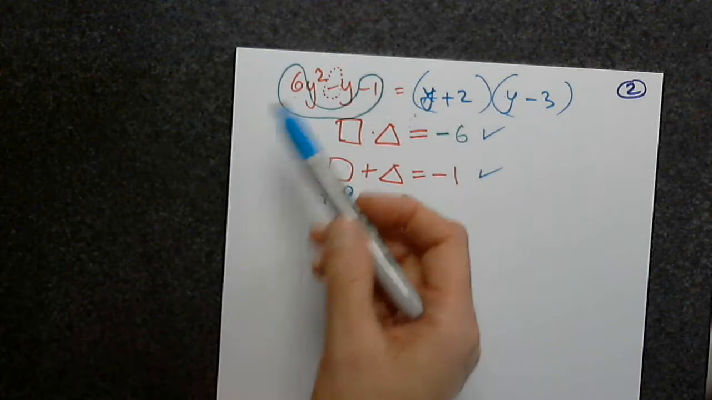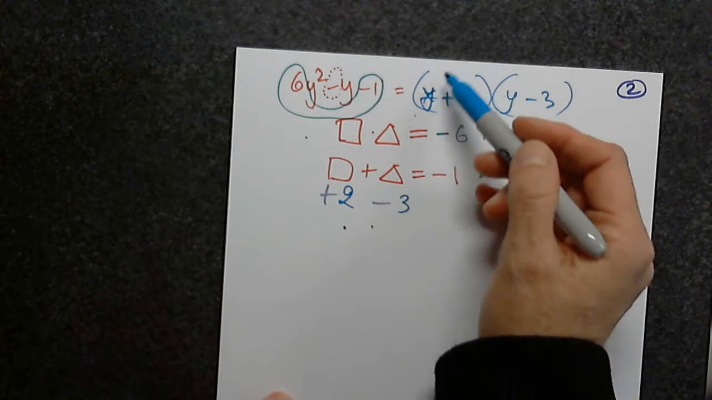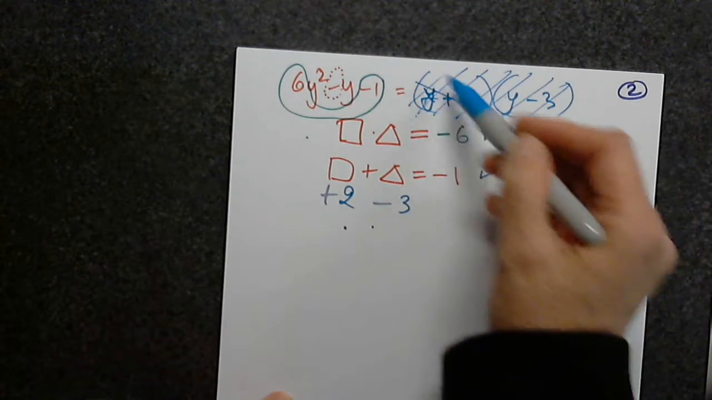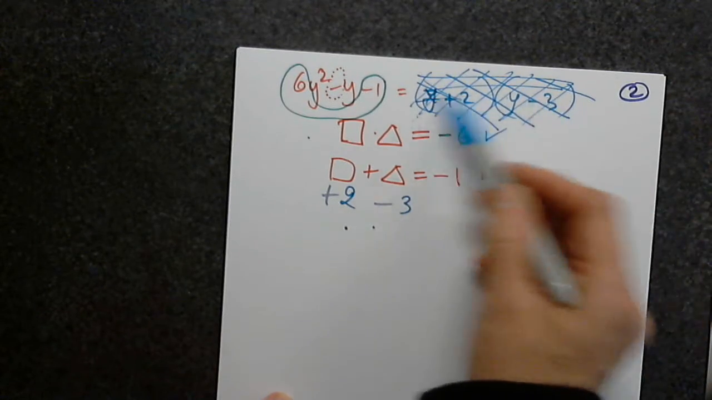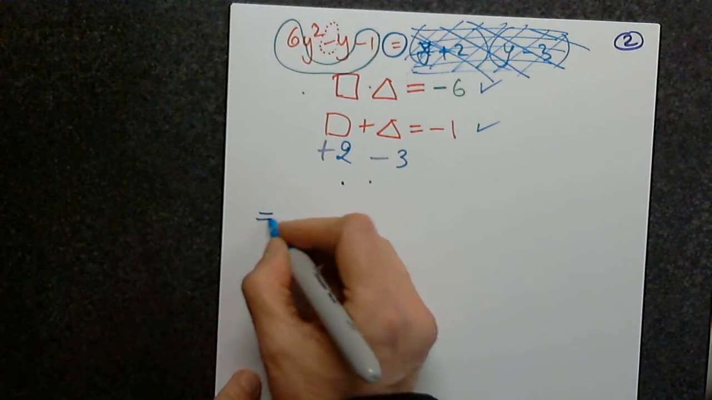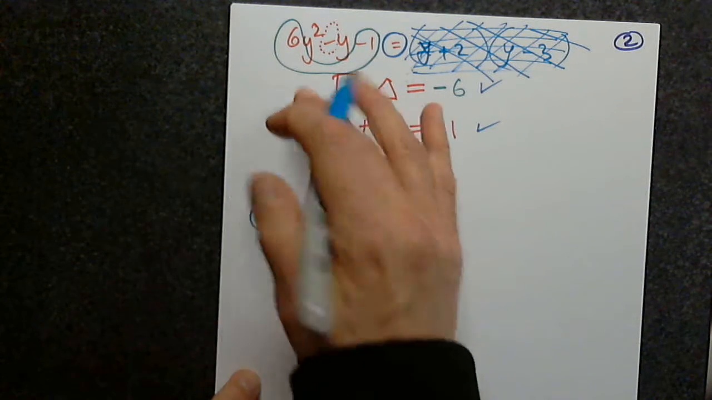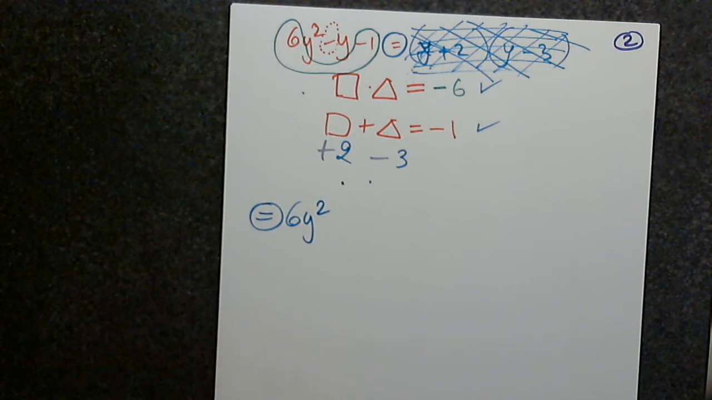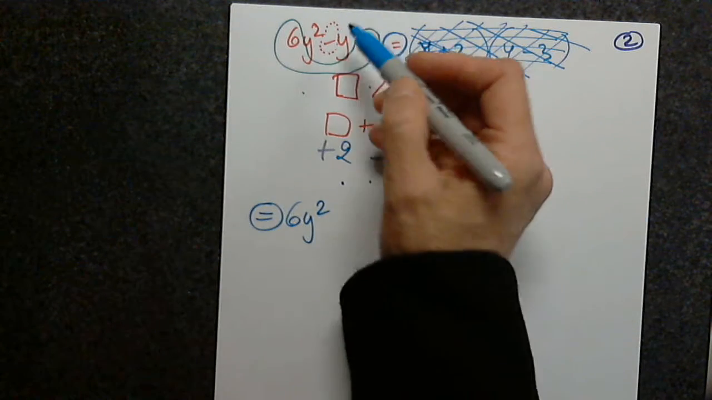Y times y is not 6y squared. So there is an intermediate step. So this is incorrect. So here's the intermediate step. I'm going to continue here. I copy 6y squared. But now, instead of -y,